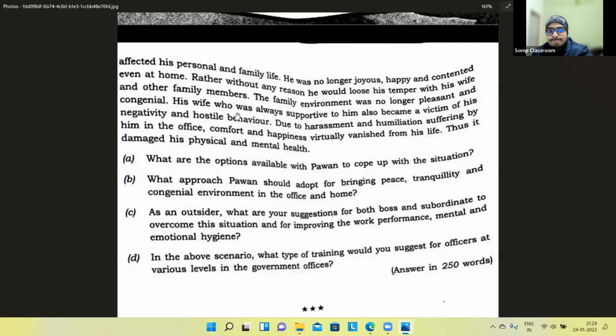Okay, fine. Now, second part. What approach one should adopt for bringing peace, tranquility? I will divide this question into 3 phases, which I will mention in the answer. So my heading will be: to bring peace, tranquility, and a cognitive environment in office and home, one should adopt